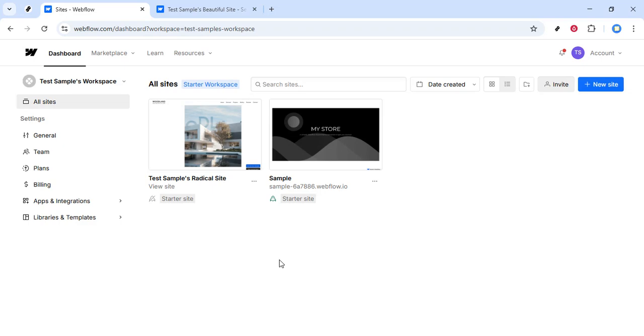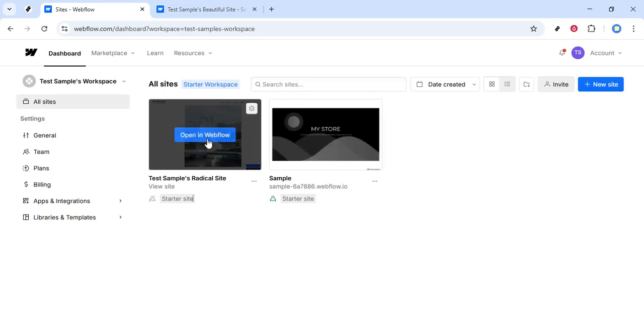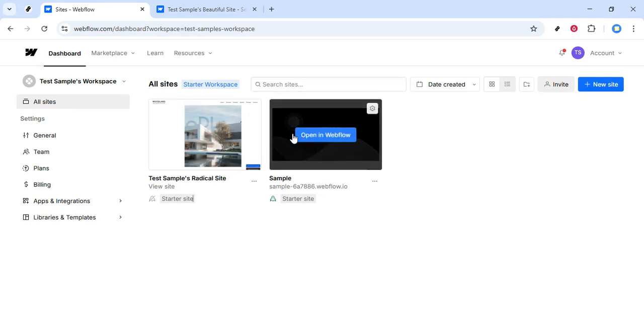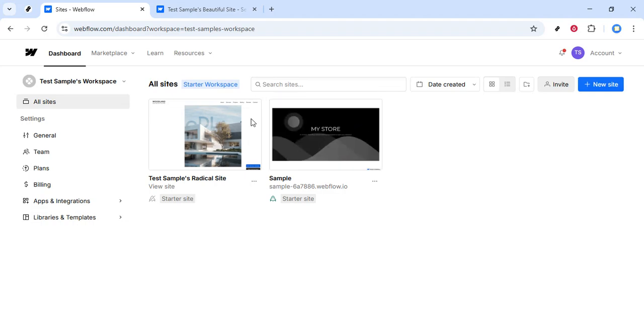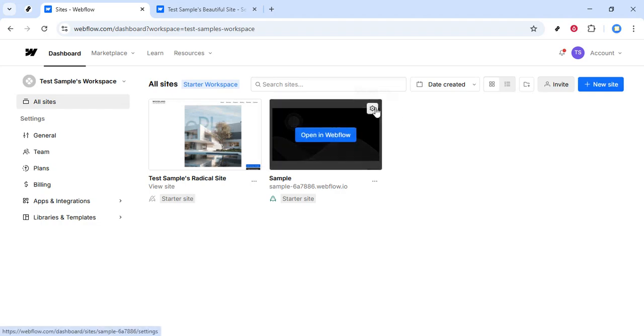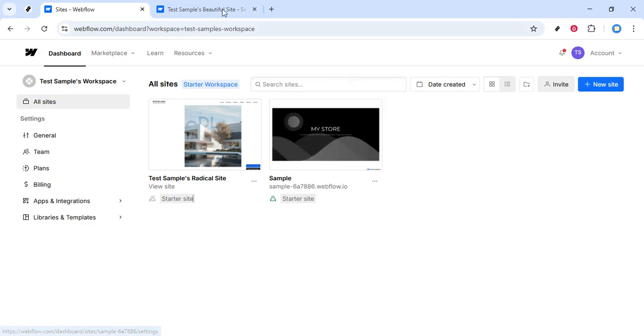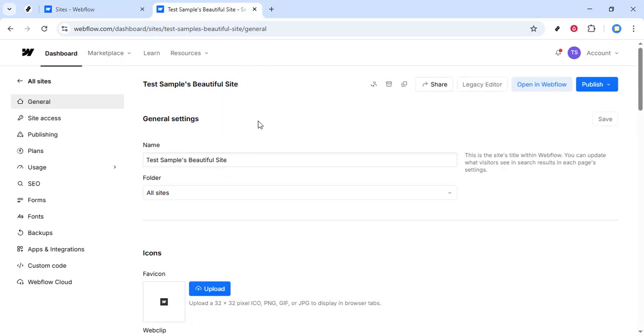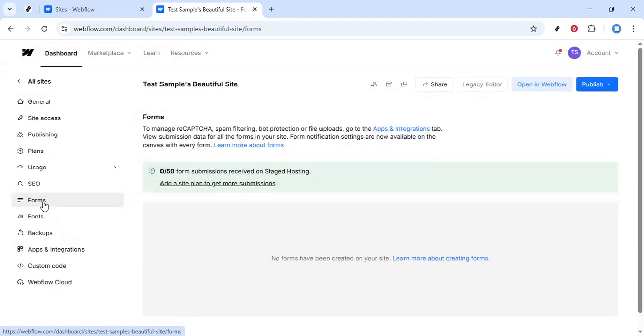Next, scroll through your list of sites and select the one for which you want to set up email notifications. Once you've identified the site, look for the gear icon next to it. This icon represents the settings for your site, so go ahead and click on it to access the settings menu. Now that you're in the site settings, you'll want to look for the Forms tab. Click on Forms, and this will direct you to the area where you can manage everything related to forms on